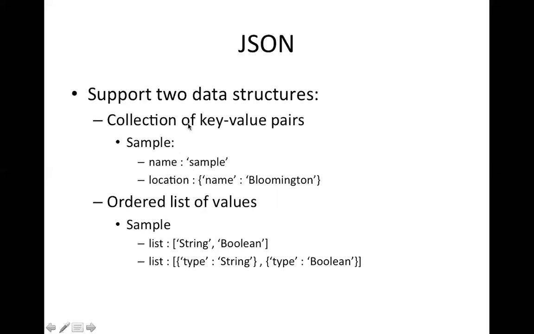And the collection of key value pairs means we can use an object to store a list of key value pairs. If there are a lot of key value pairs, we use commas to split the list items. If you're familiar with the array list in Java, you will know what a collection of key value pairs is. So we just pay attention to the key value pairs, and the